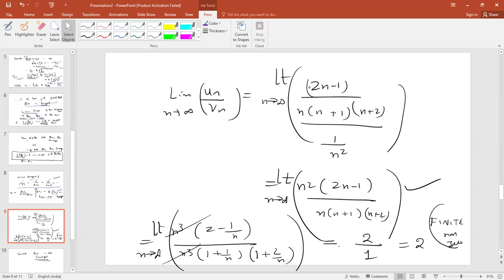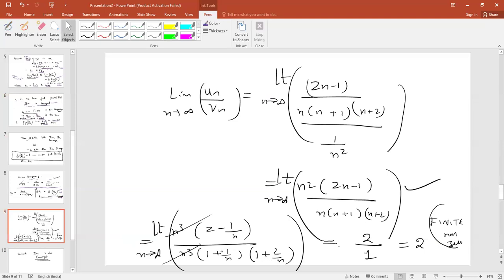This 1 by n square goes as n square multiplied by 2n minus 1. Now I take it conveniently as n cube outside the bracket and write this as 2 minus 1 by n. Similarly here, I take n cube outside and write this as 1 plus 1 by n, 1 plus 2 by